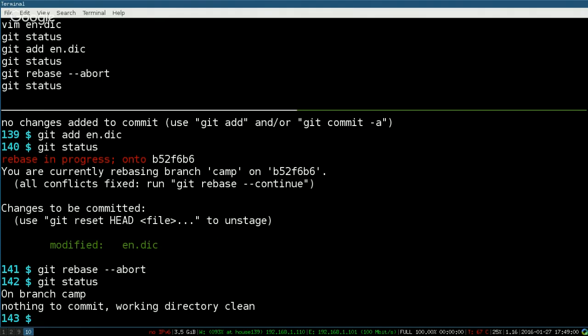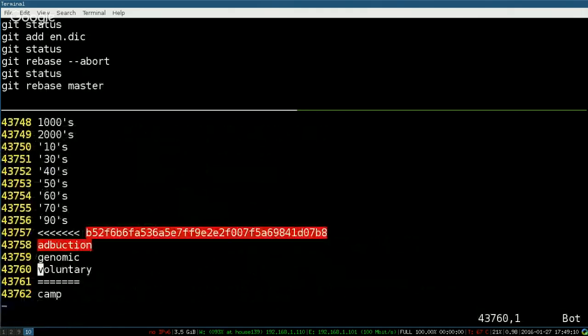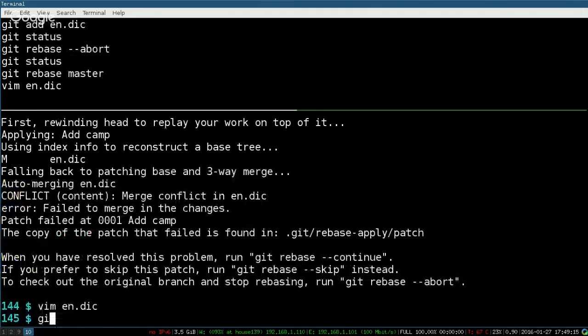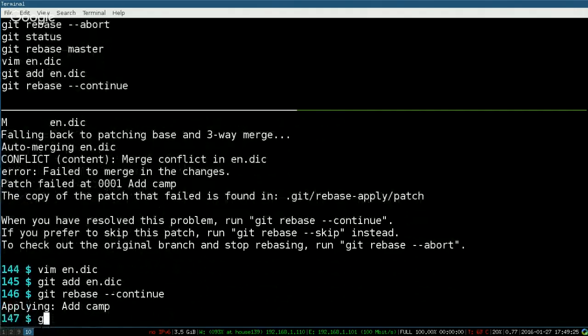So let's go back again, git rebase master and solve the conflict. Git add the file, git rebase --continue, and git push -f orange and